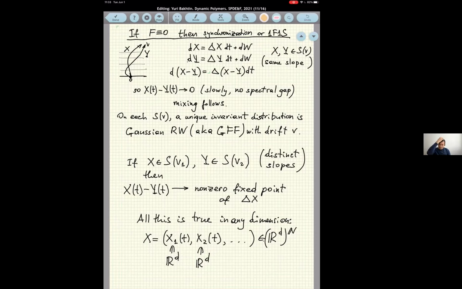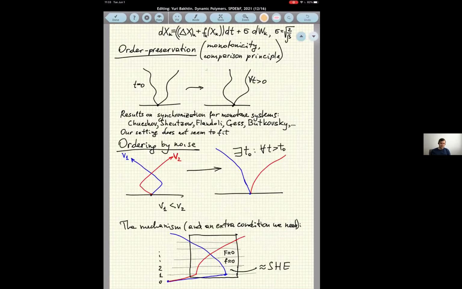And this argument is true in any dimension, but then we know that polymers, in the presence of external potential, do not behave quite in the same way in different dimensions. So there is a distinction between strong and weak disorder. So there are these things. The rest of this talk is really one-dimensional. So now let us suppose that there is an external potential.